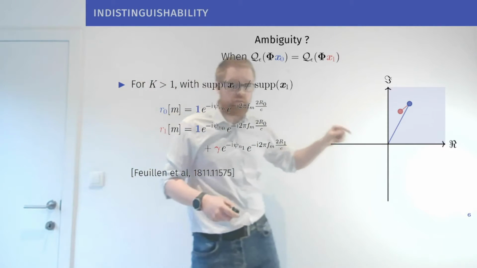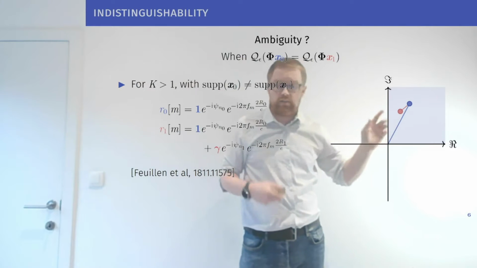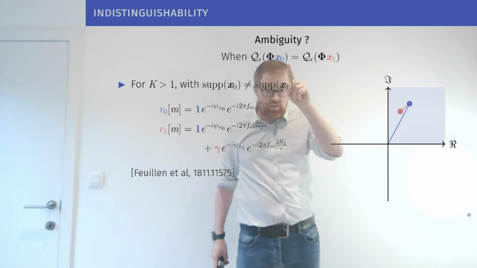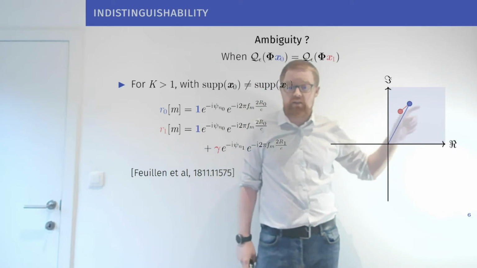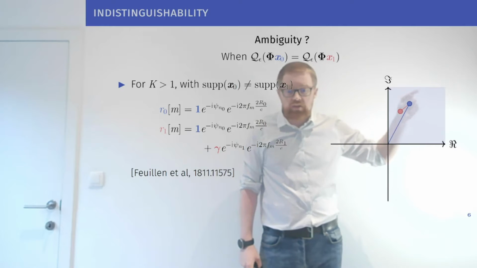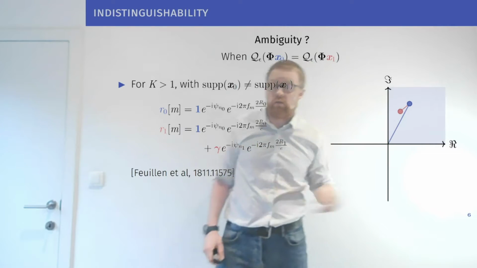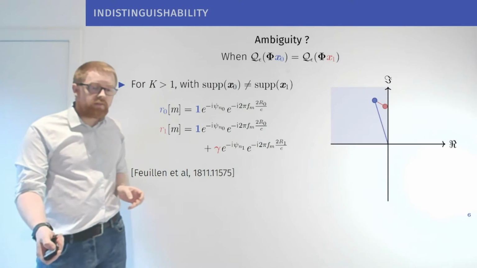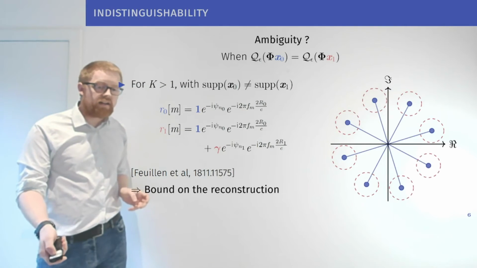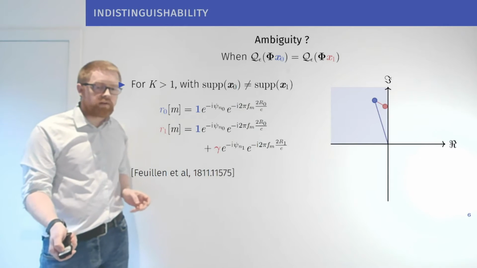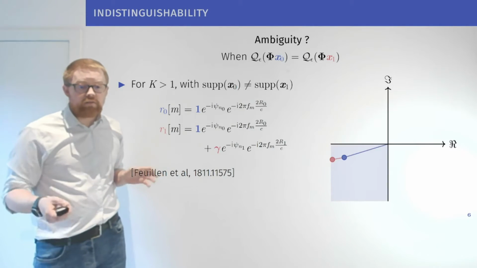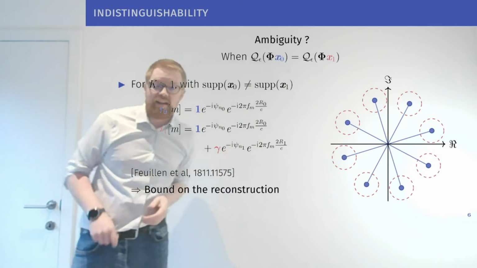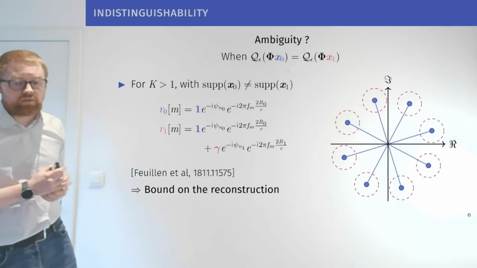For example, if you have a one-sparse vector here, which, because it's a Fourier transform, will be a phasor turning in the complex plane. That's your first sparse vector, and then you have a two-sparse vector, which is the same one plus a smaller component rotating around it. If you have that, you see that for different measurements, they always lie exactly in the same quadrant. And this is a big issue, because it means that when you get those measurements, you don't know if it was this vector or this one. This puts a severe bound on your reconstruction.